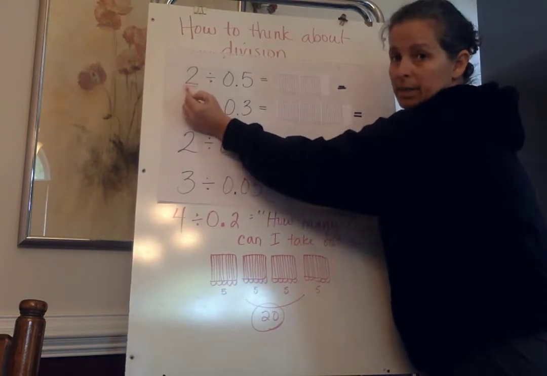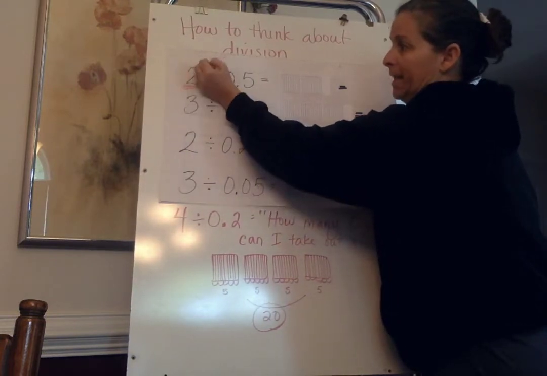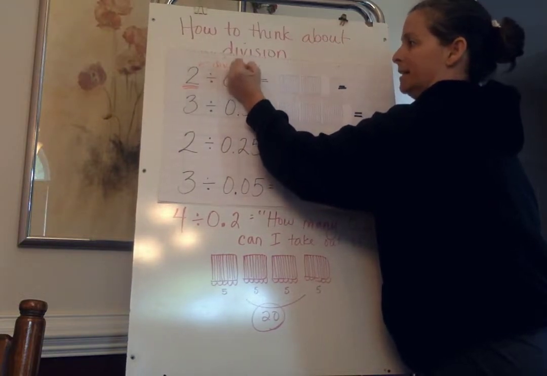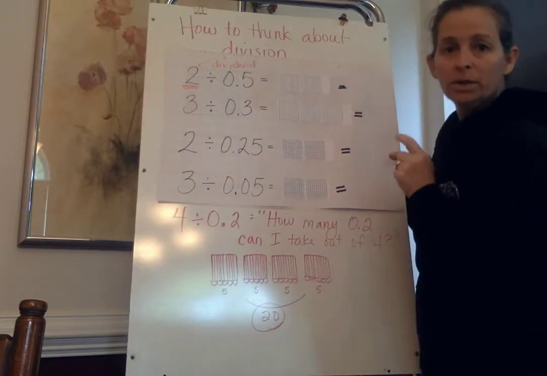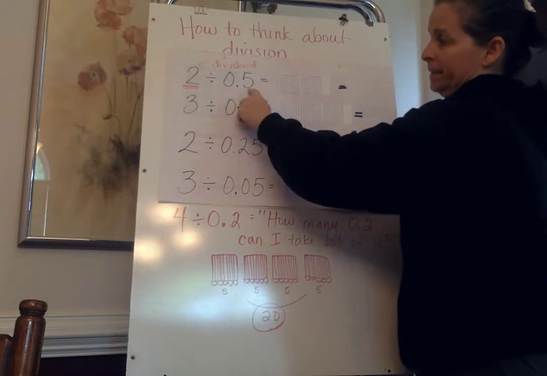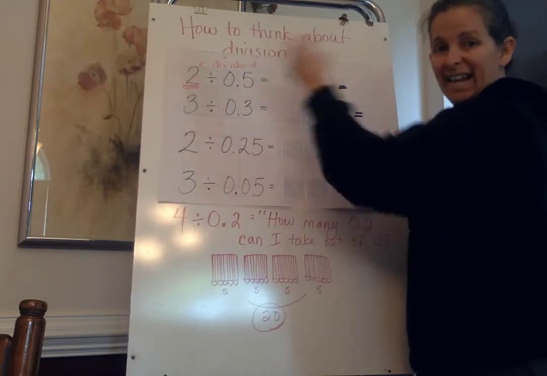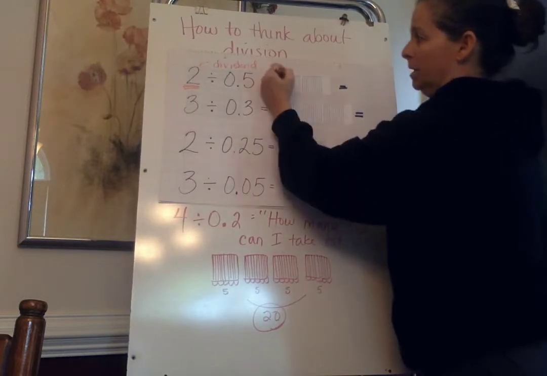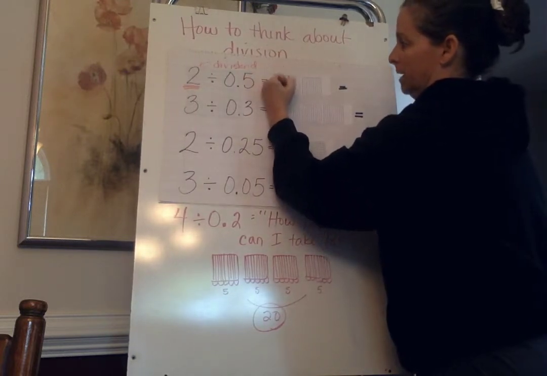This is what I'm splitting up. Whatever is the first number, that number is the divisor. Sorry, that's the dividend. The dividend is what we're splitting up. This number is the divisor. It's how many we're taking out of that number. So if I want to see how many 5/10 come out of 2, I'm going to shade in on my grid